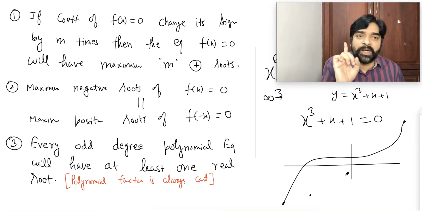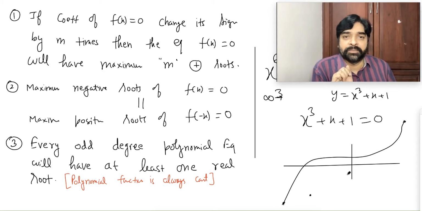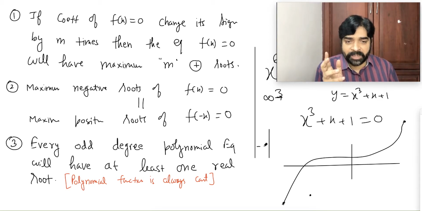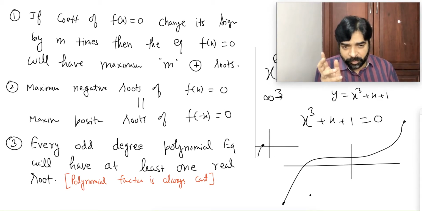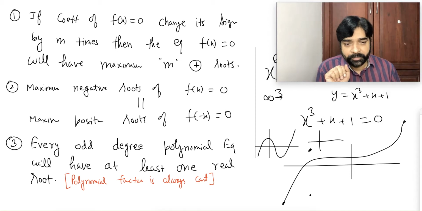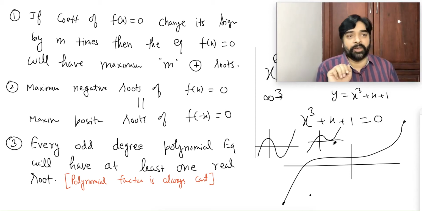So minimum one intersection can take place or not? Without crossing the x-axis, how can it reach here? So minimum one real root. I am not saying this is the only way. For this graph, it can be this way also: go down, then again reach here. So 3 real roots. Here 3 real roots. Here 1 real root, 2 imaginary. It may happen this way: go, touch, then also 3 real roots, but 2 roots are equal roots.